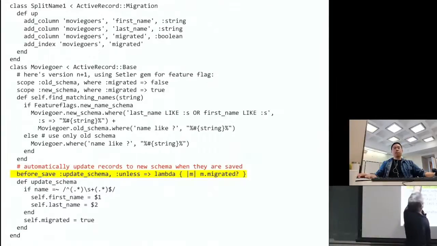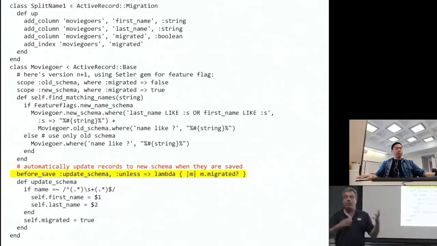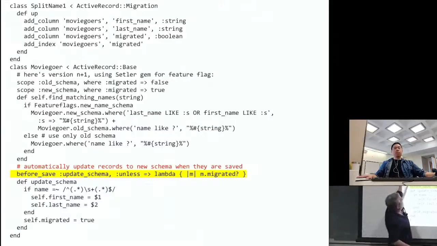We're going to say we're using the old schema if the migrated column is set to false. We're using the new schema if it's set to true. And we're going to have a method, find matching names, which is one of the places that the code has to change in order to accommodate the schema. There's basically going to be two versions of that method now. So in the old code, we have a feature flag that once we flip it on, we'll basically say